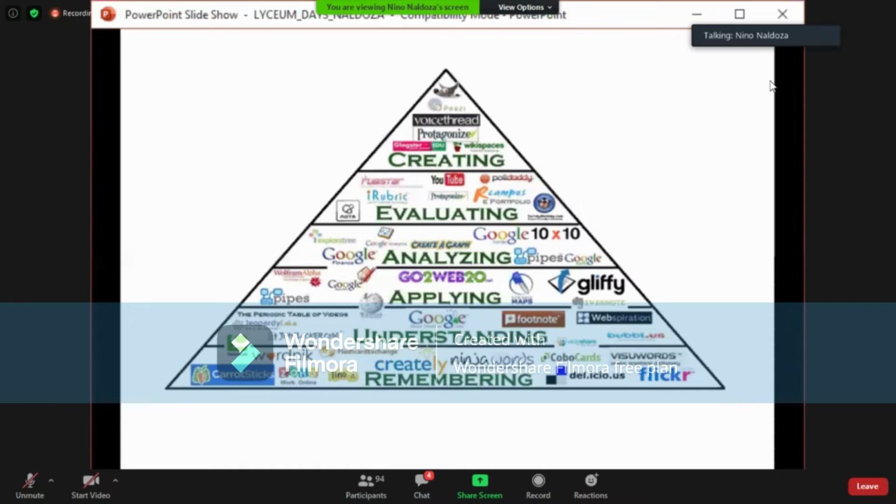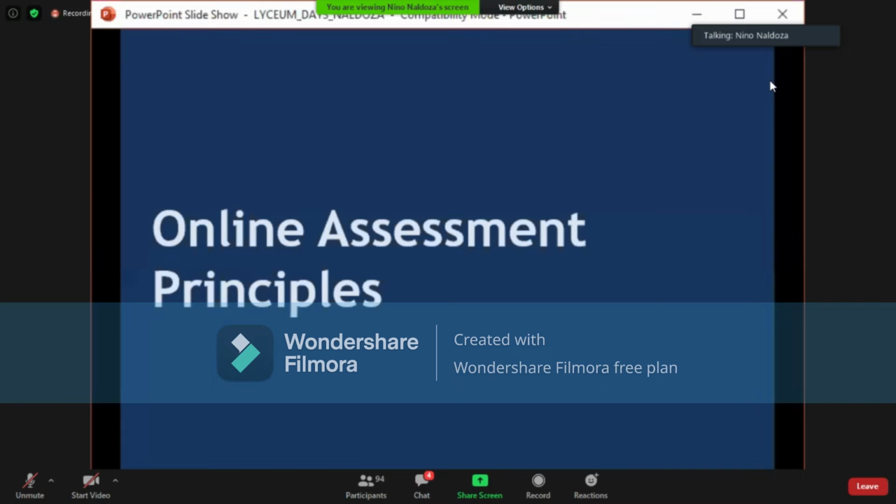What we want them, kailangan na lang gawin ni teacher is to facilitate the learning and to facilitate the use of those tools, no? Hindi naman kailangan na fully maging tech-savvy ka. Sabi ko nga sa first day ng seminar natin, hindi mo kailangan maging tech-savvy ka para maging familiar ka doon sa mga tools. It's just that we want them to facilitate lang their own way of learning using this kind of tools. Okay? Now let's talk about the different online learning principles.